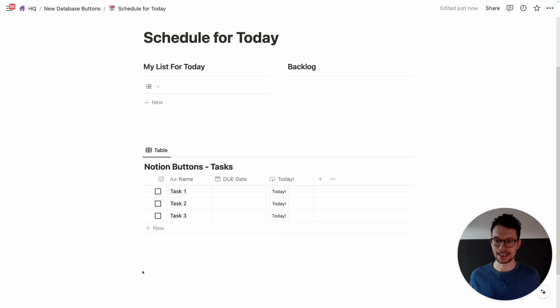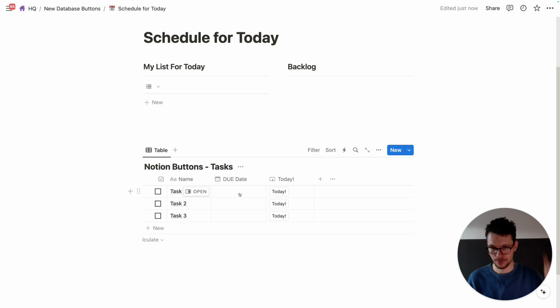Second, quickly schedule tasks for today and save 1 click compared to the old method. I'm gonna be honest with you, I hate unnecessary clicks. So whenever I find a workaround that just saves a few, I get overly excited. Like in this case. So let's have a look at the setup here. We have a very simple task manager with a checkbox, so that's done, a task name, the due date, and then our new button. And previously what we need to do in order to schedule it for the day is